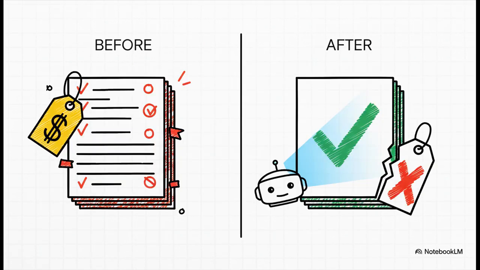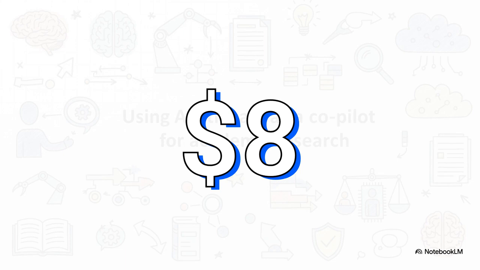And this is where we see one of the biggest changes in academic writing, period. Those days of having to pay hundreds, maybe even $1,000 or more for a professional proofreader, they're pretty much over. And why is that? Because a tool like PaperPal, which can check your entire paper for language, for flow, for consistency, costs about $8 a month. That's it. This just makes high-quality editing accessible to everyone.